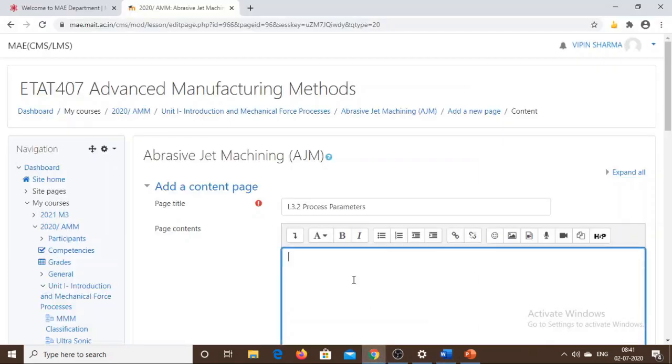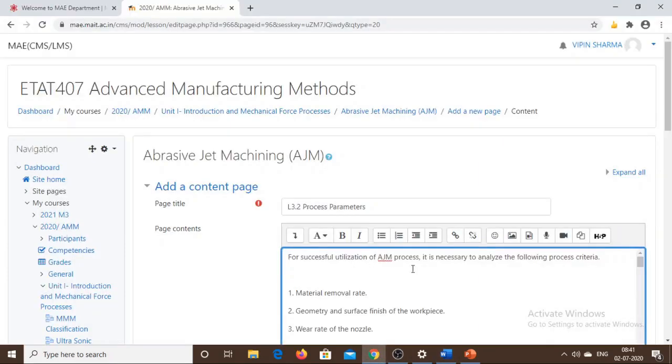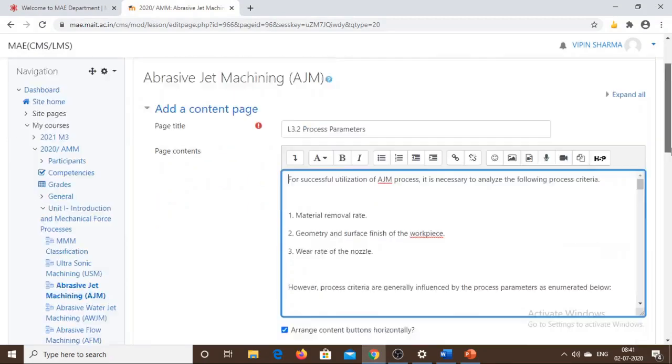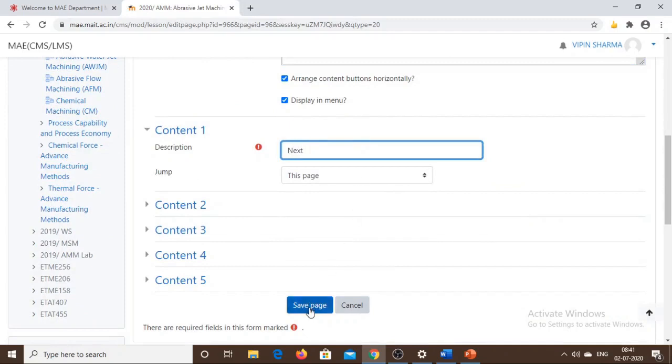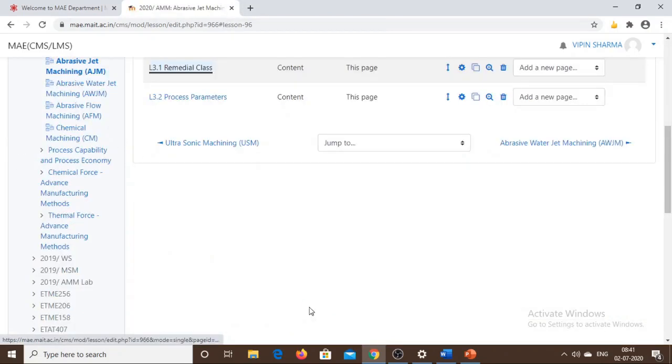So the same procedure will be followed for the different contents of the lesson. And I will just write next here and save the page.